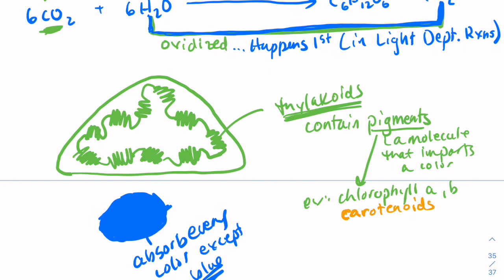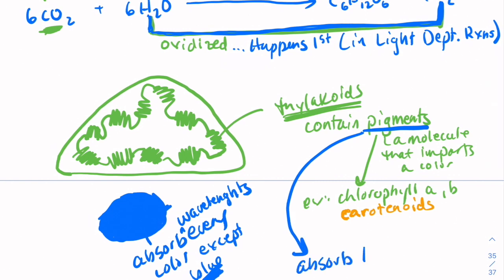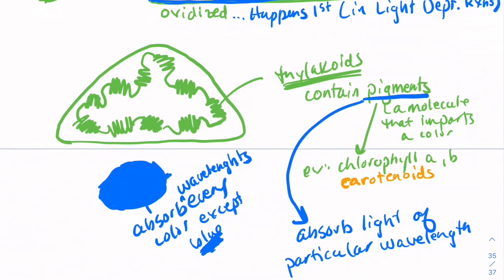Light takes certain colors because of wavelengths. So they absorb wavelengths for every color except blue, and that's why it looks blue to us like that. So pigments work by absorbing light of a particular wavelength. So pigments absorb light of particular wavelengths. If you've ever seen the electromagnetic spectrum, you could go Google that,